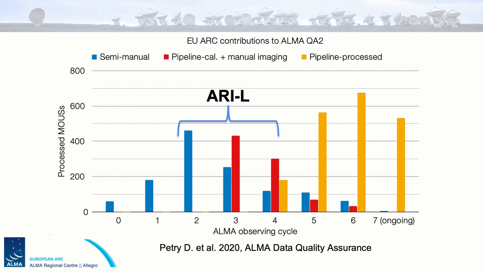to be the case. The Additional Representative Images for Legacy project, otherwise known as ARI-L, aims to increase the legacy value of the ALMA Science Archive by reprocessing data from cycles 2 to 4, which will bring the reduction level of these data up to a level comparable to later cycles using the ALMA imaging pipeline. As ARI-L continues, you will find more projects from earlier cycles that have been pipeline imaged that should be science-ready